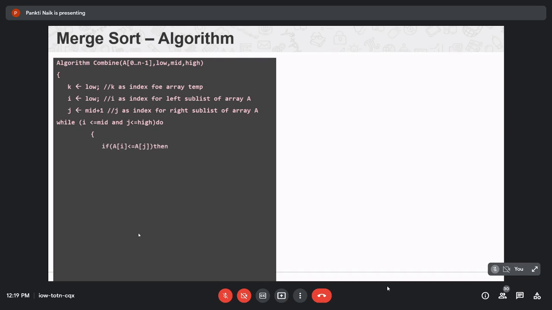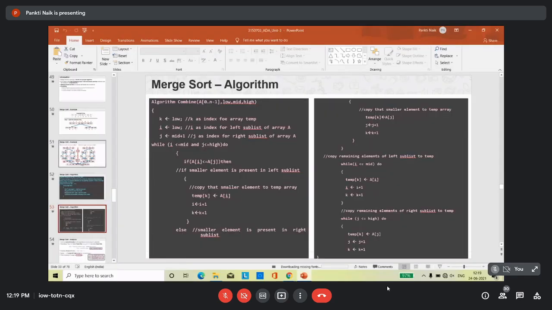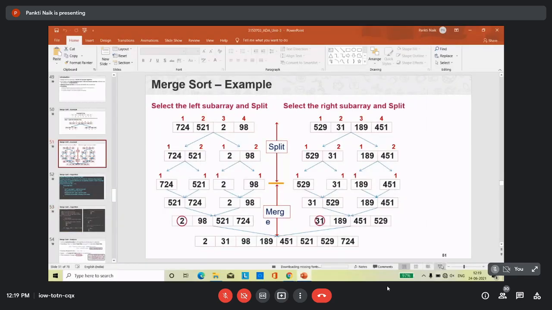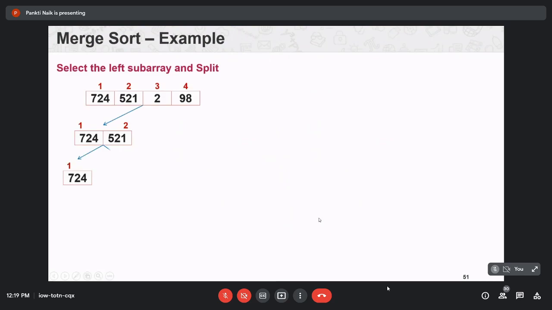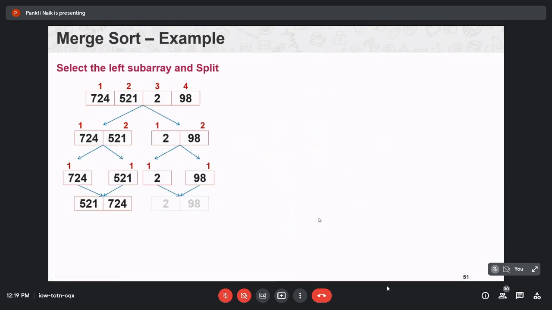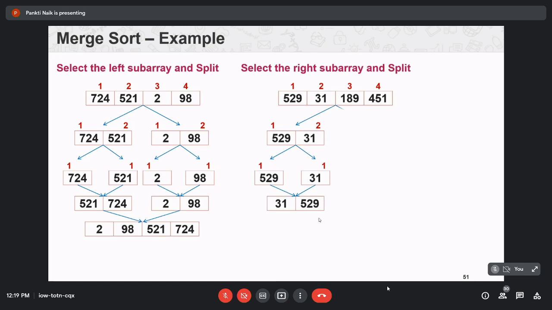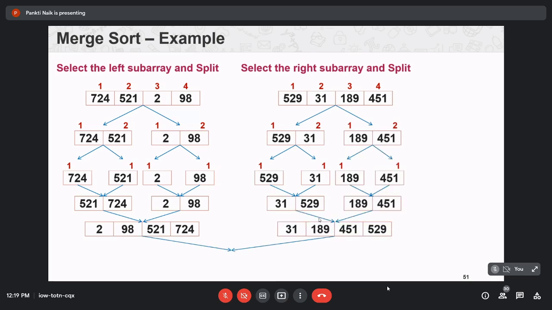What is to be done? Then check whether the smaller element is present in the left sublist or the right sublist. Up to here, which algorithm was called? Merge sort. Now here we call the algorithm combine.